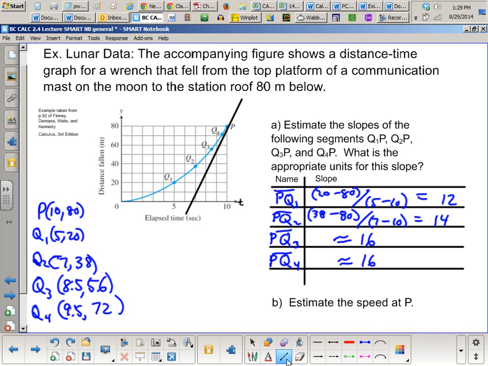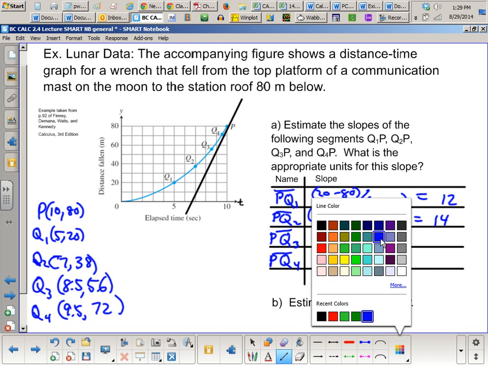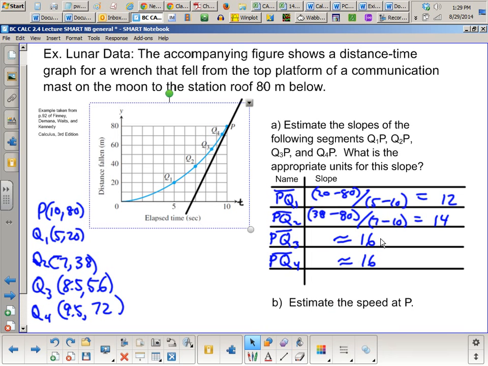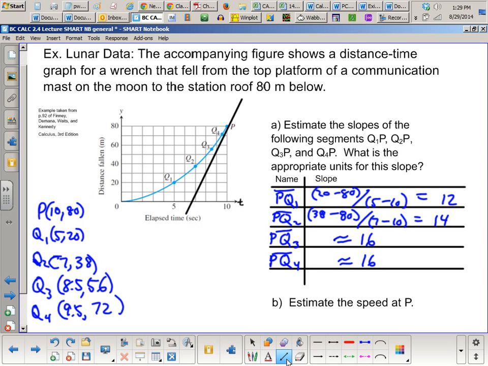Okay, so what's going on here? So I didn't show all the work, but trust me, they come out to close to 16. What's happening? Okay, so the first thing we did is we found the slope of this line here. Okay? That one. And then we found the slope of Q2P, which is that one. See? You kind of have to watch the screen here. Then we found the slope of Q3P, which is that one. And then we found the slope of Q4P,